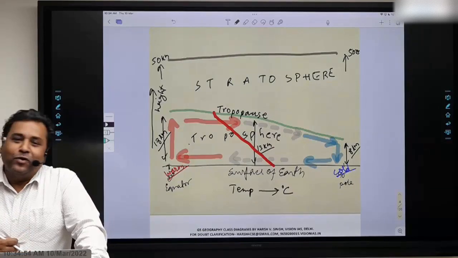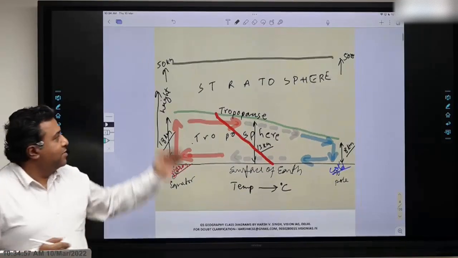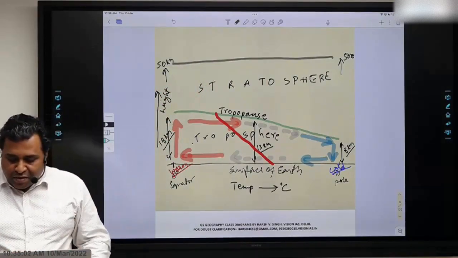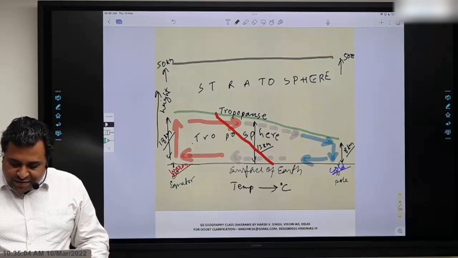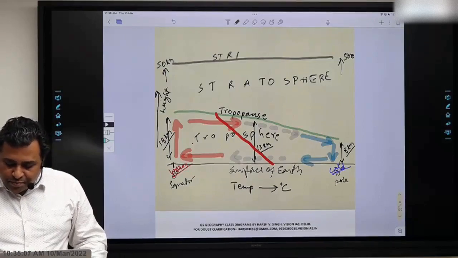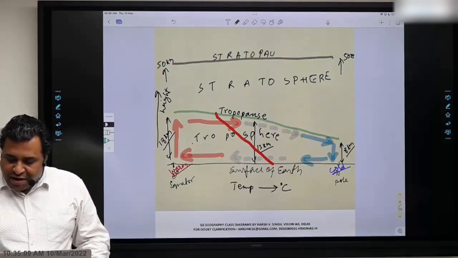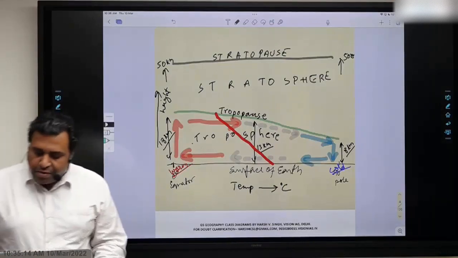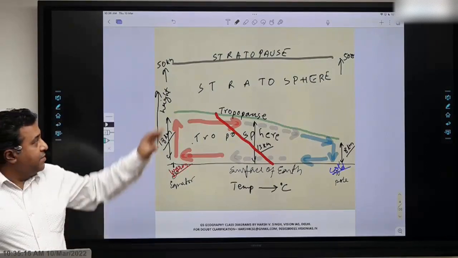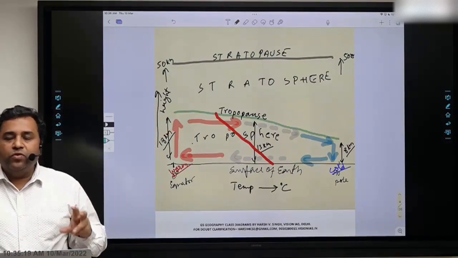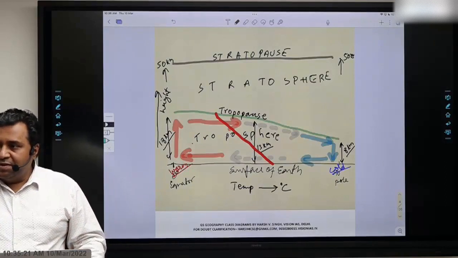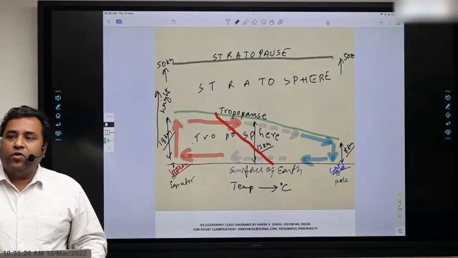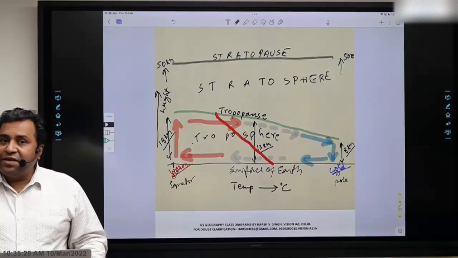Okay, let's go, okay good. So this is your stratosphere. Now what is the special thing about the stratosphere region? One is the upper limit of stratosphere, which is stratopause. Stratopause is the upper limit of stratosphere, which is at a height of 50 kilometers from the surface of the earth. Okay, and the region of stratosphere is also known for ozone gases. This is the region where we find all the stratospheric ozone of the earth.